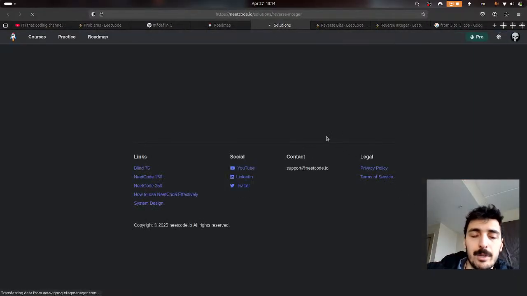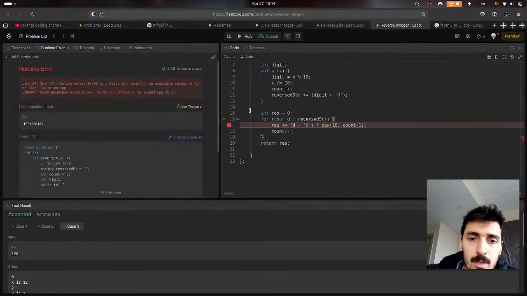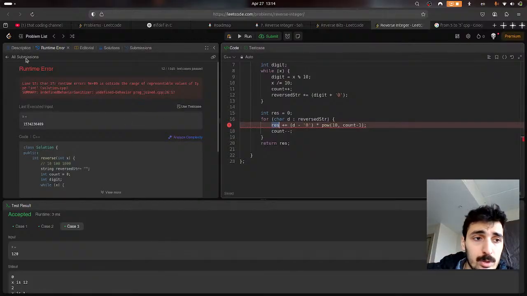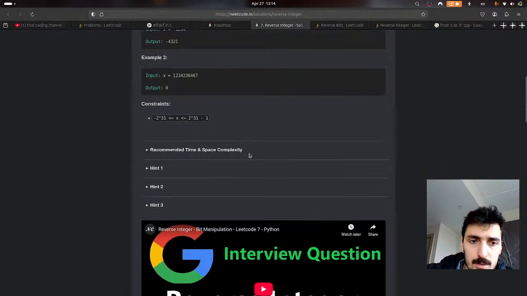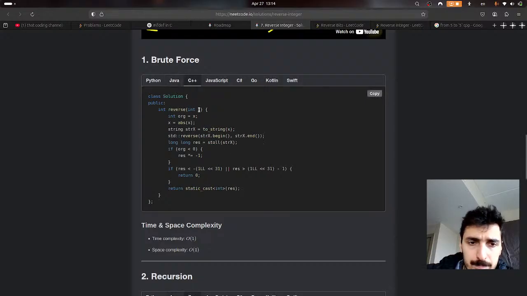Now another problem here is how do we, if this number is not enough for the int, we'll have to return 0, I think. But how? This is what I don't get. To string and then reverse, and then string to ll. If org